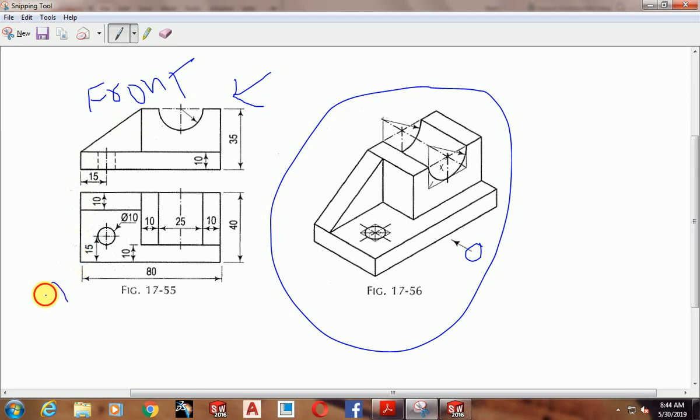Now we are going to generate this model with the help of these two